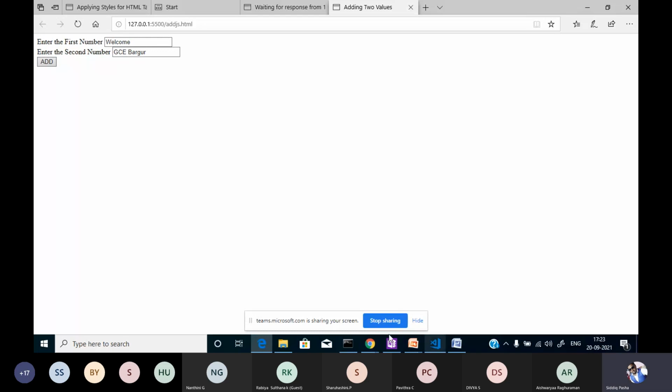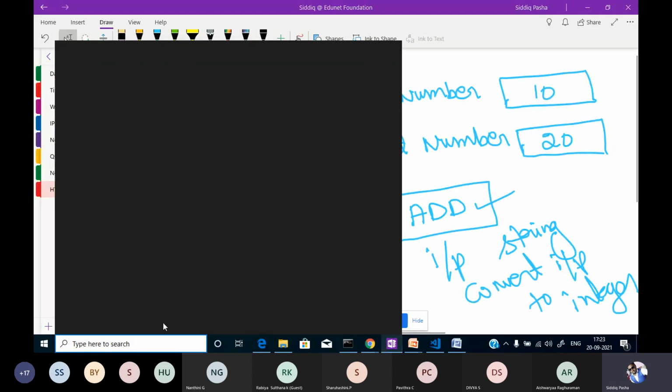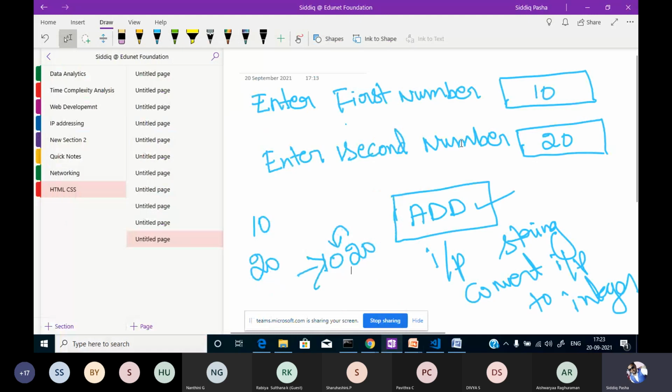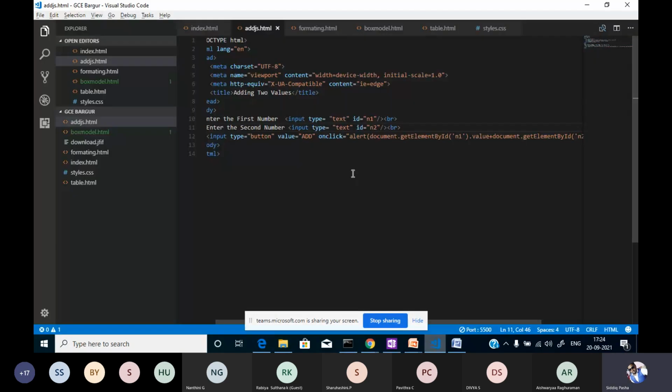How can we convert? We have a method called Integer.parseInt. Using that method we can do so. So which method? Integer.parseInt. I will use that method and specify it here.